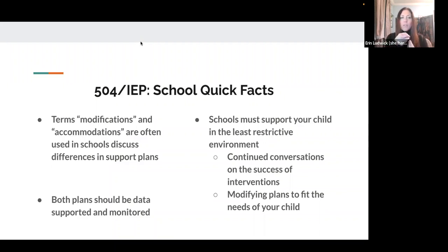And so we will find the word accommodation around 504 plans a bit more, because then we're talking about how can we accommodate this environment to provide this student equal access to the general education curriculum. And so you'll hear those things a little bit differently. But both plans, regardless, should be data supported and monitored. As a parent, you can